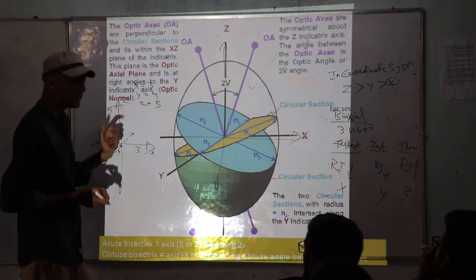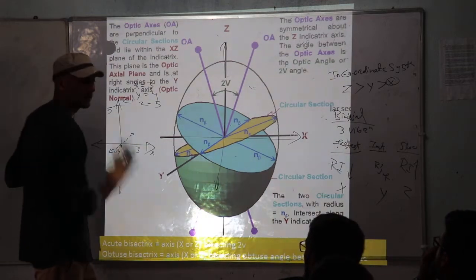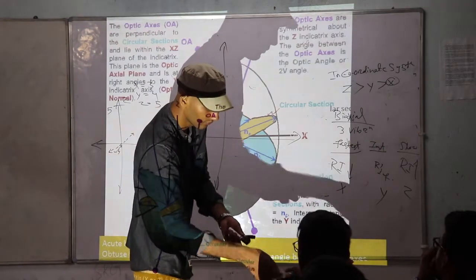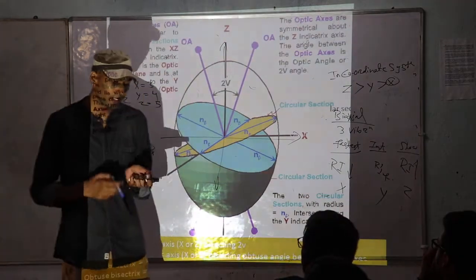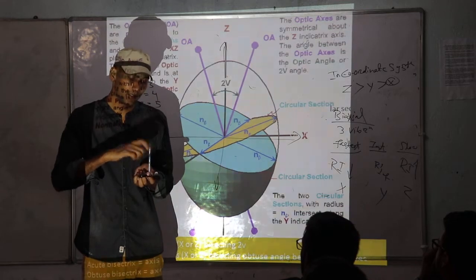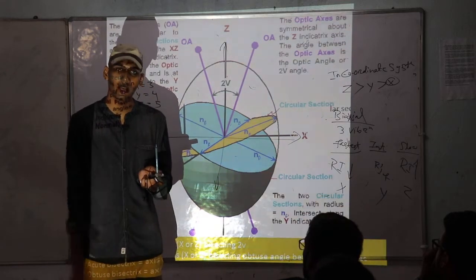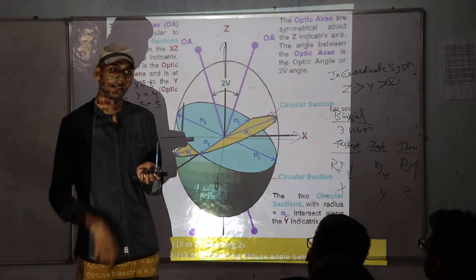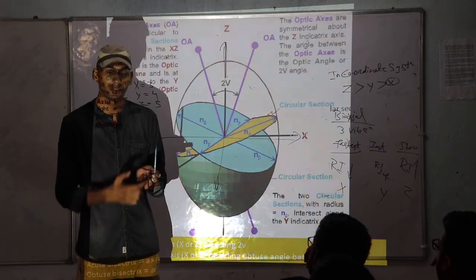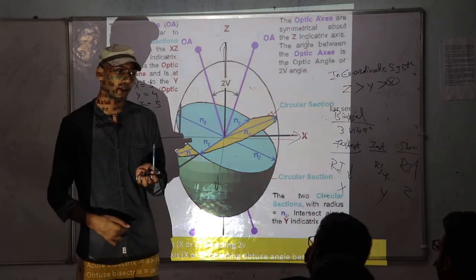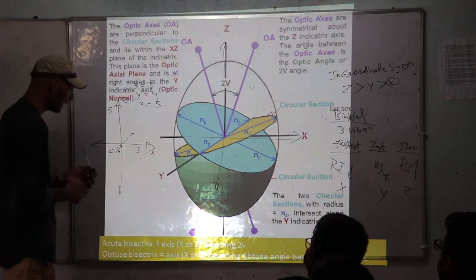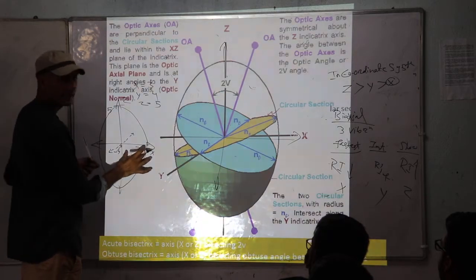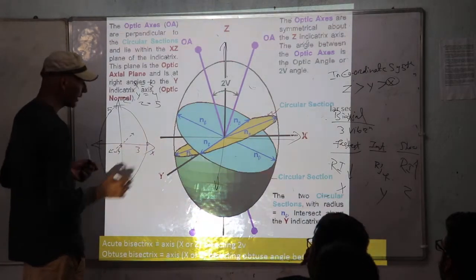Now consider a single plane, XZ. You can see like this. This is X, which is the shortest. This is Z, which is the longest. This is Y, which has an intermediate value. If I am joining X and Z, which section will that be? Is the shape of the section circular or elliptical? That will be elliptical. You get an ellipse if you join X and Z, because X is 3 and Z is 5, unequal lengths, so we get an ellipse.